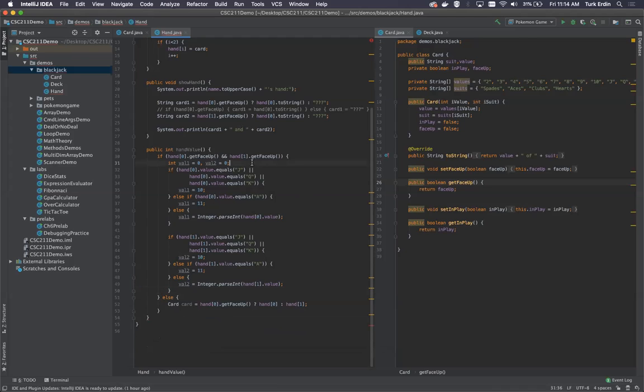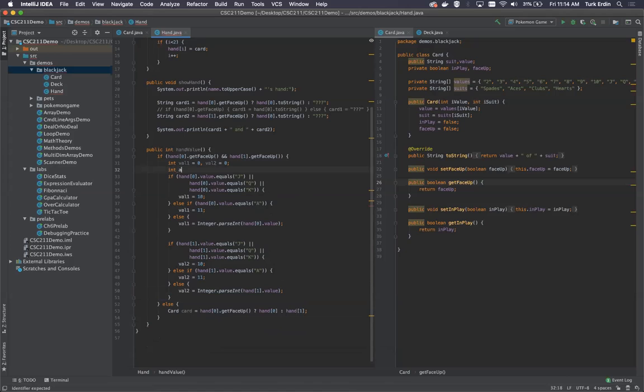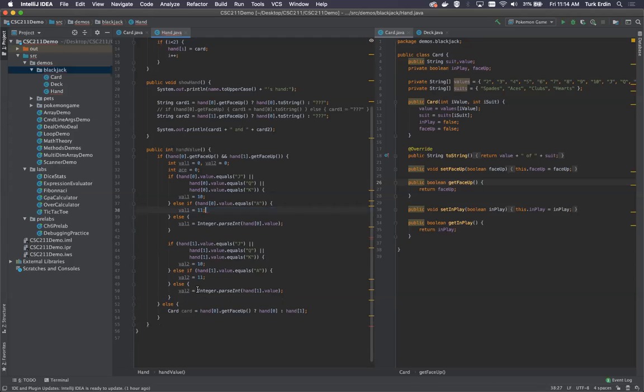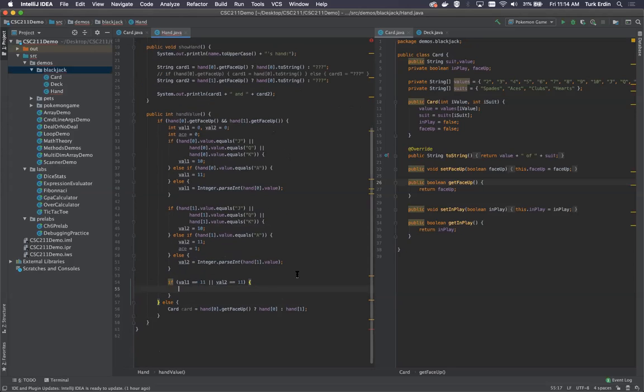Oh, int ace, and I'm going to say ace is equal to 0. By default, we'll just say ace is equal to 0, and over here we're going to say ace equals 1. Come back over here. If val1 is equal to 11 or val2 is equal to 11, then what we're going to do is if val1 plus val2 is greater than 21,